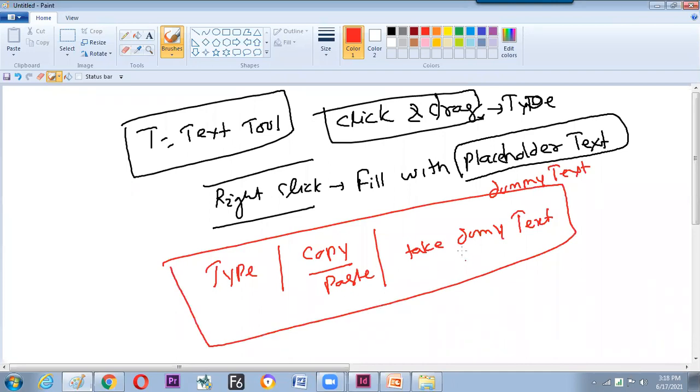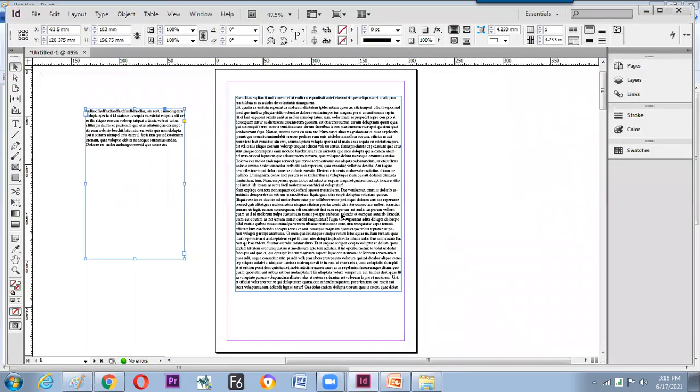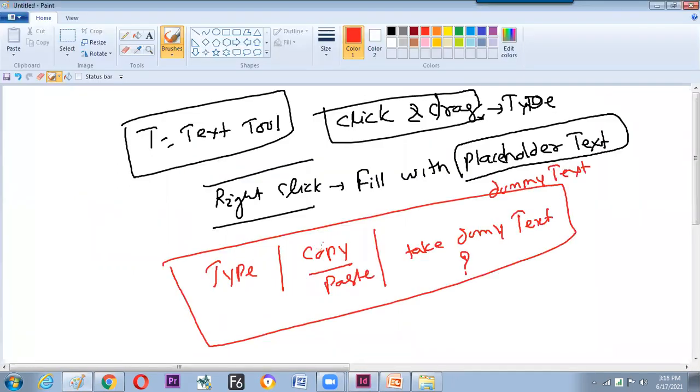Now the question comes, why dummy text? This is a vital question. The reason behind it is that filling the layout by copy paste also takes time. Before the original text comes, they make all the things with dummy text, so that the layout will be finished very fast. So it's a nice question: can we copy paste? Yes. Can you type? Yes. Hope the answer is clear. Is it okay? Yes, sir.